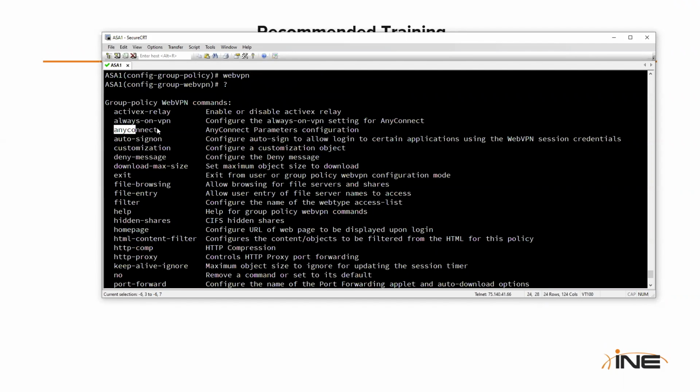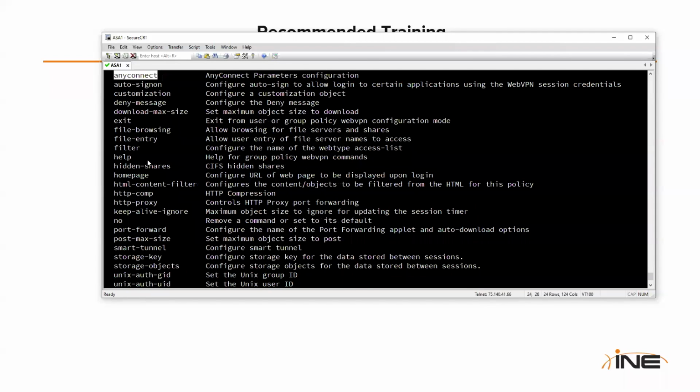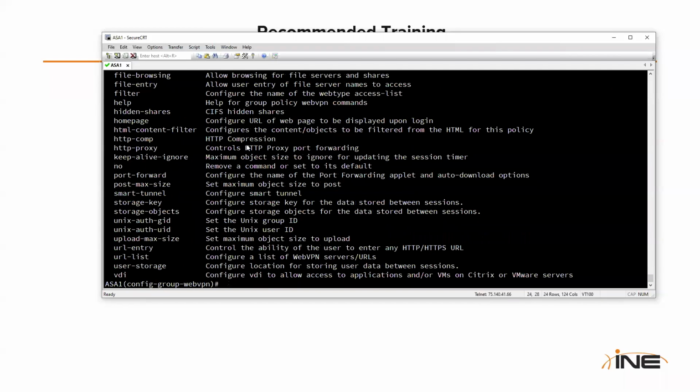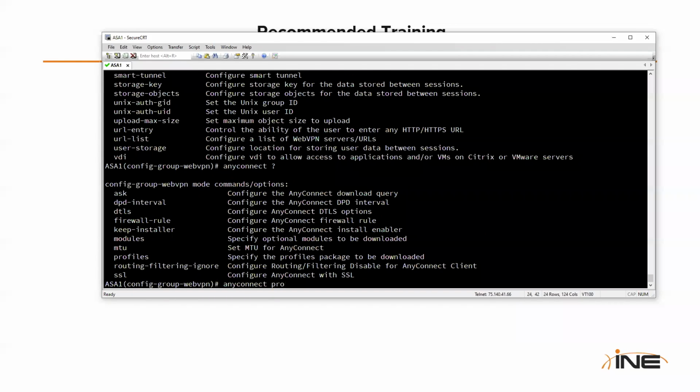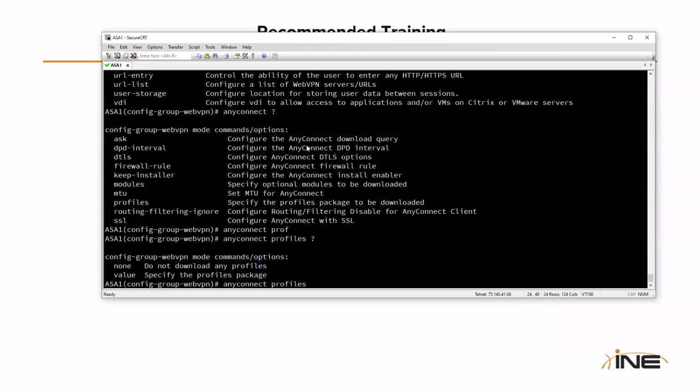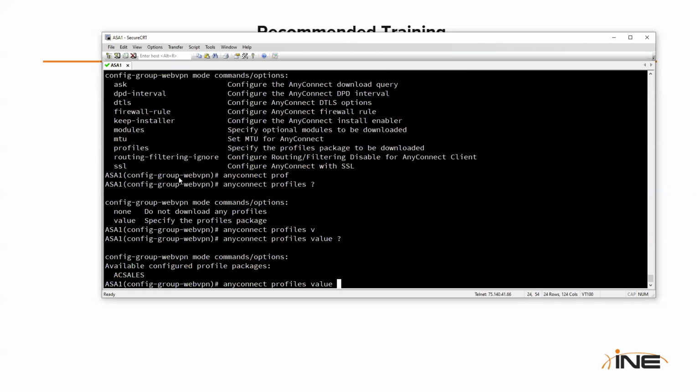Everything else is going to be optional, but there is one AnyConnect option that we have to choose, which is to tell it what profile we want to push to the connecting clients. I called my profile AC sales. I can now select it